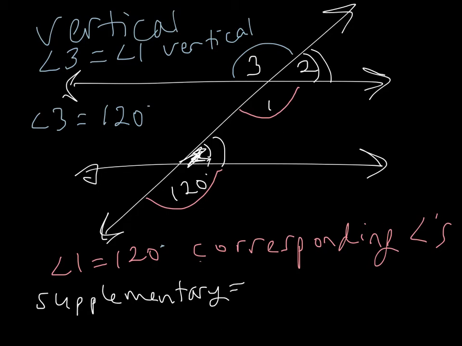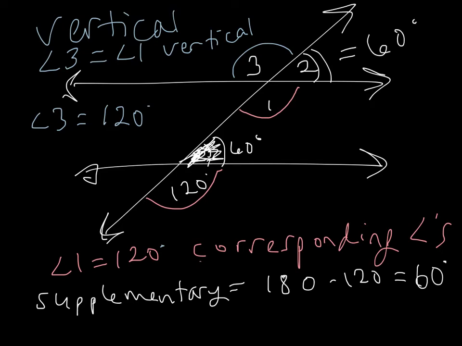They add up to 180 degrees. So how can we figure out this angle right here? 180 minus 120 equals 60 degrees, right? So this is 60 degrees. And angle 2 is corresponding to this 60 degree angle, so angle 2 equals 60